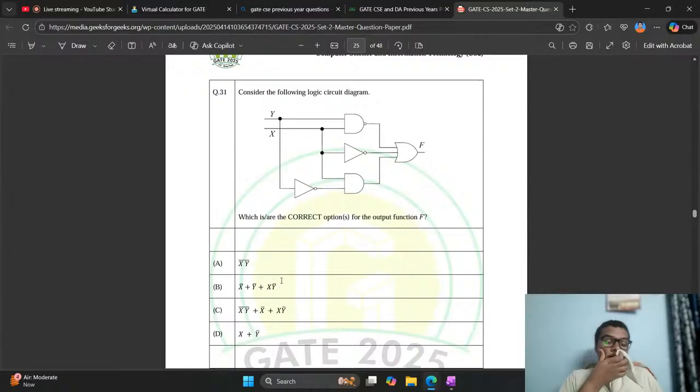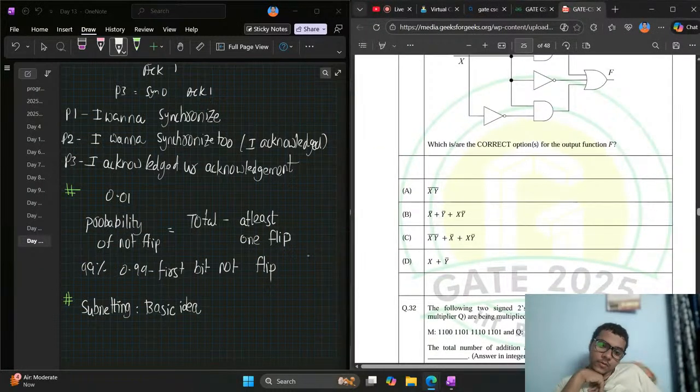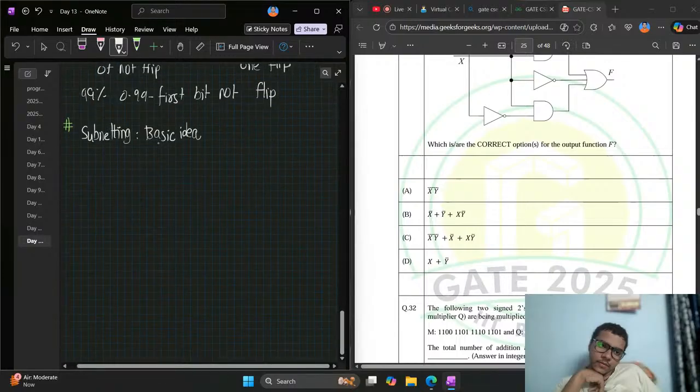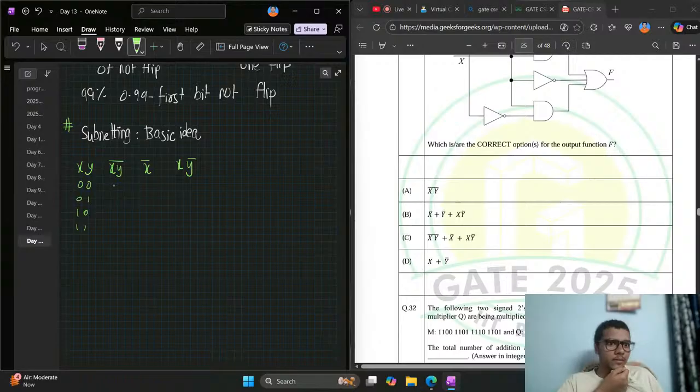And you can minimize this one though. If you don't know that, you can always pull this one out. Xy is 0, so that will be 1,